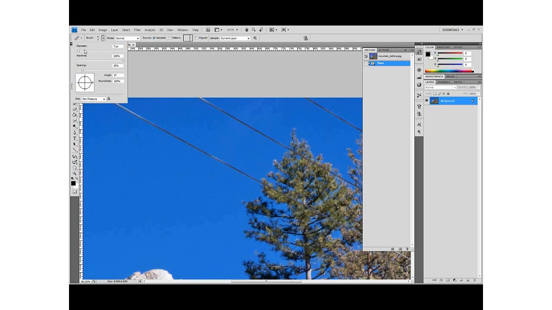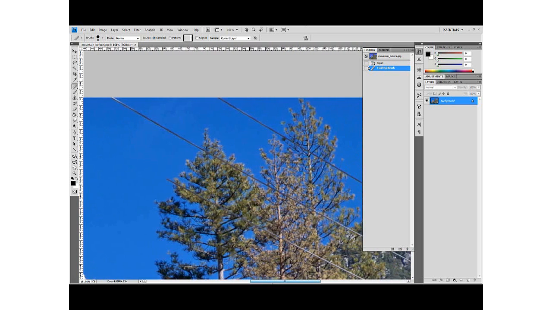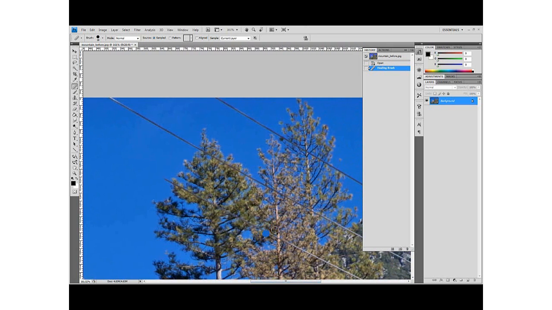I'll make the brush a little bit larger, and again I'll press the Alt key to select a little bit of the blue, and it's just a case of moving down like this, and you can see it disappears. Now where it gets a bit more complex is where it's going through here, and we can cheat a little bit because something like a tree you're not going to check every individual leaf. So if I select that area here and move across here like that, when I let go,